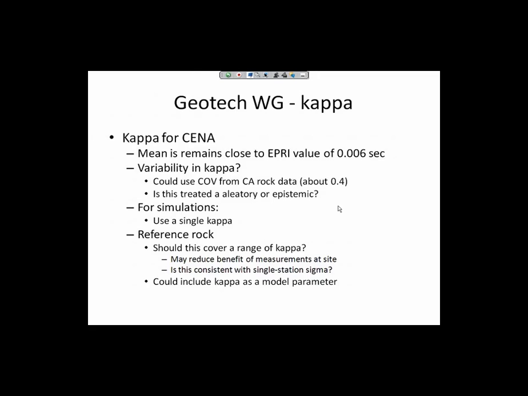I just want to add a little thing. In your slides, you presented the rock, and sometimes the rock was defined as much lower than CENA and all that. So I guess it would be nice to have more data, but really have a clearer idea of what the VS is for each. I assume you have that. We probably just didn't show you all the points, but I'm sure you have that from the publication.